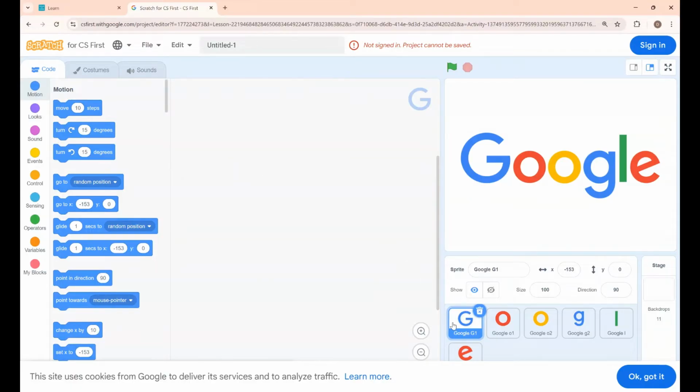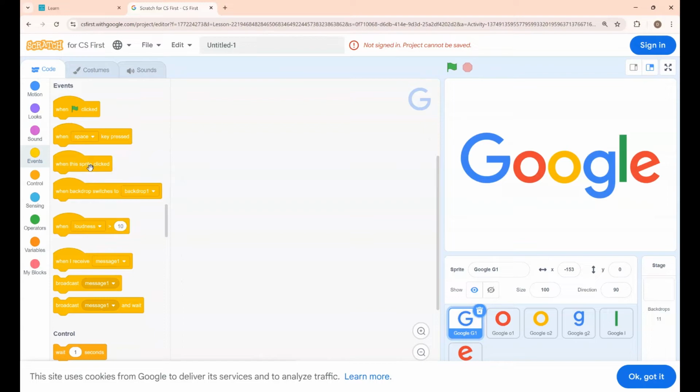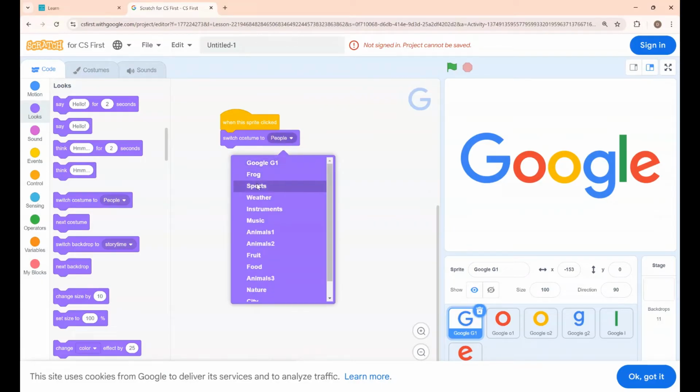So now at first I will be giving a costume for the first sprite G. So I'm selecting this, and if you see here, I'm going to events and I'm placing this when the sprite is clicked block, and I'm going to looks and I'm placing the switch costume too. So when the sprite is clicked, I'm going to place a costume. You can choose any one of the costumes,